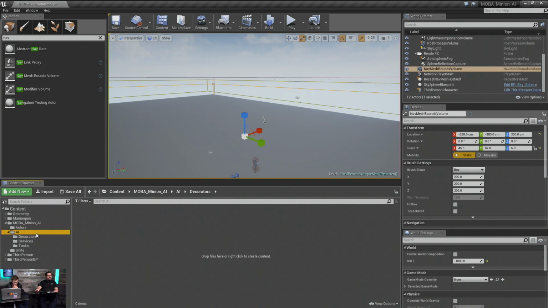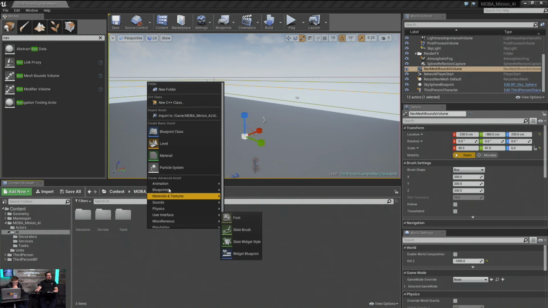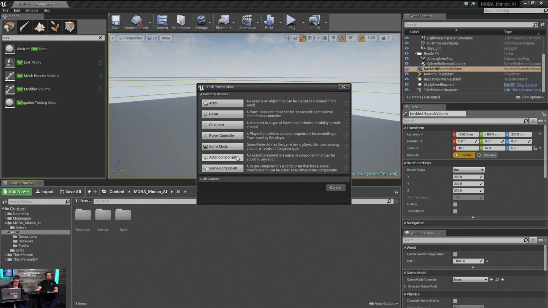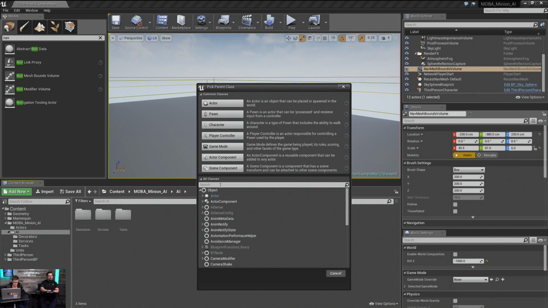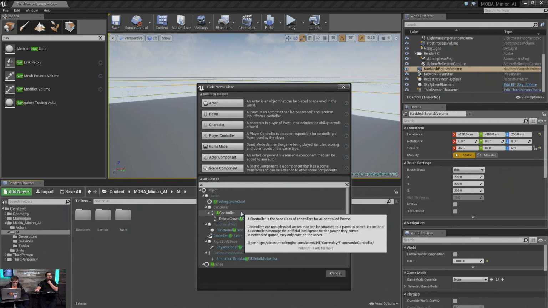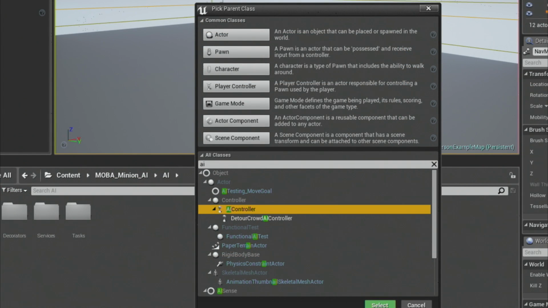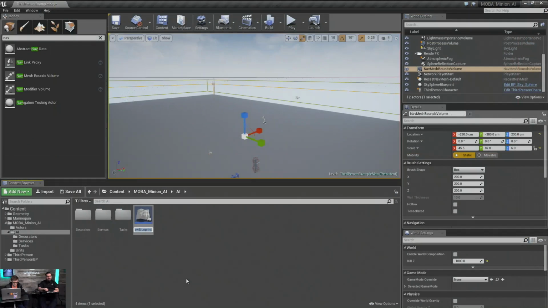Let's go into our AI, and we're going to create a new AI controller. New class, all classes, AI, and for now we're just going to use AI controller. I have a feeling down the road that maybe Detour will work better, since it'll allow them to kind of finagle around each other.